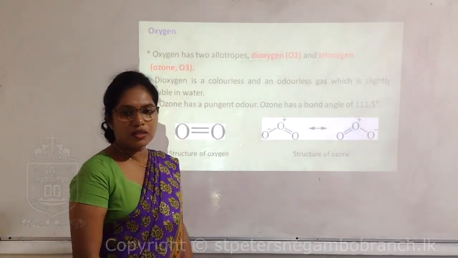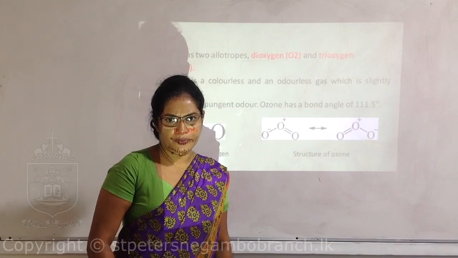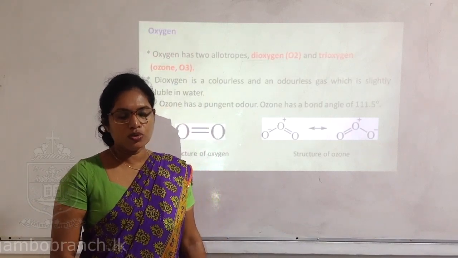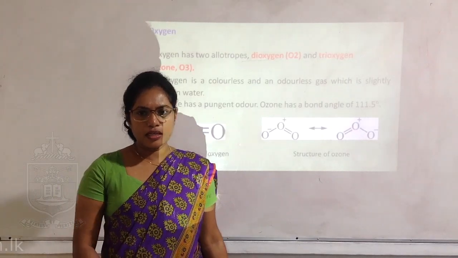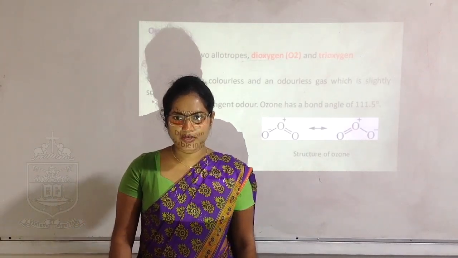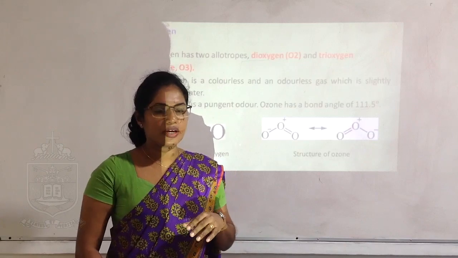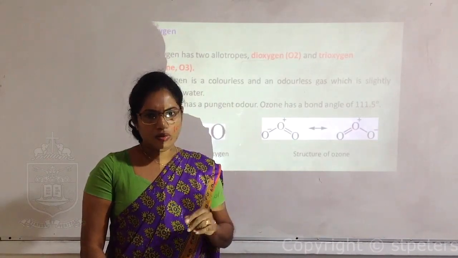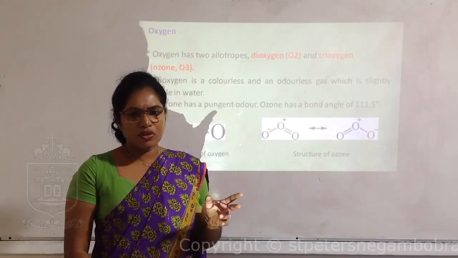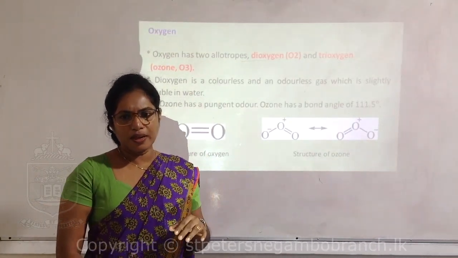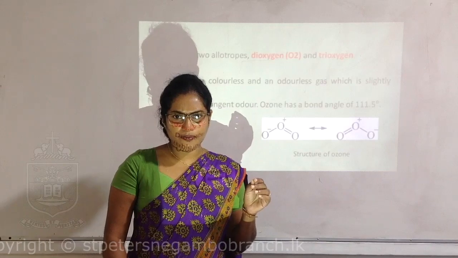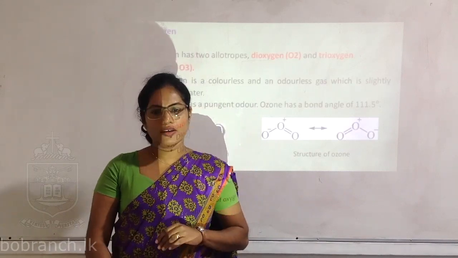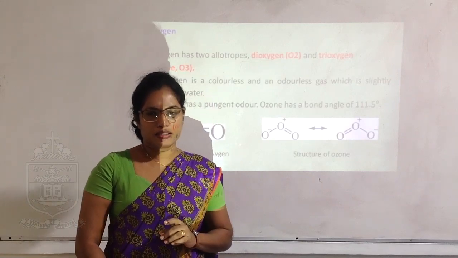We call O3 ozone. If we take oxygen, that means O2, it is a colorless and odorless gas, slightly soluble in water. And ozone has an unpleasant odor and also